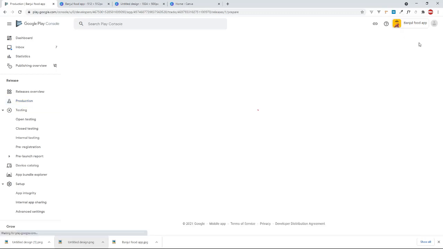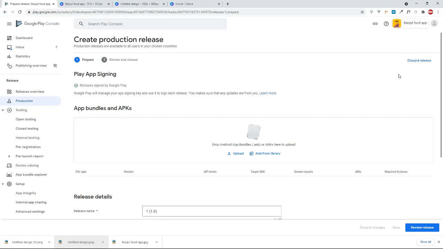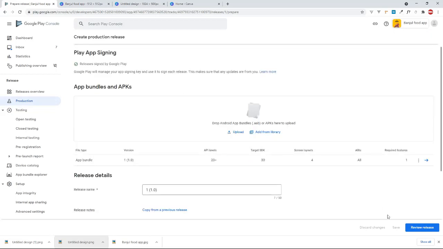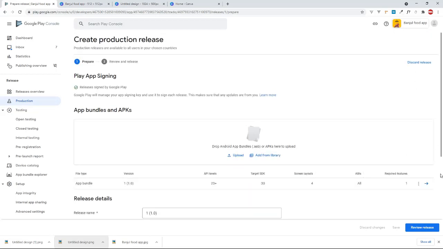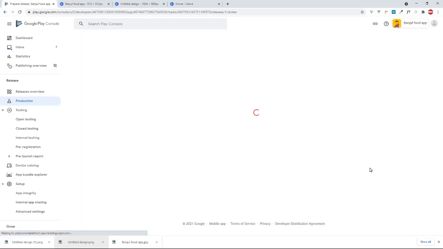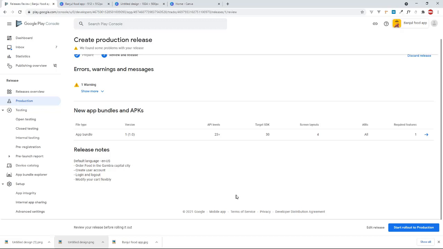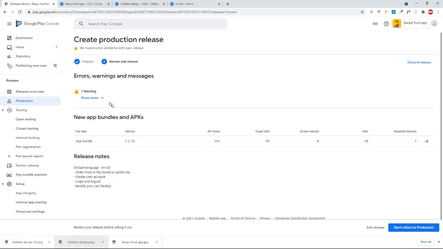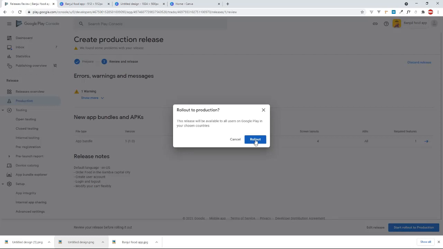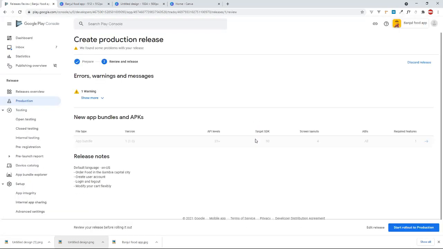So click on edit release again, click on edit release. Very good. Okay, you see I had to click on edit release and then click on what? On review. But after you've selected the countries, okay, and then it says start rollout. Okay, this warning can be left, then click on start rollout. Boom. Yes,